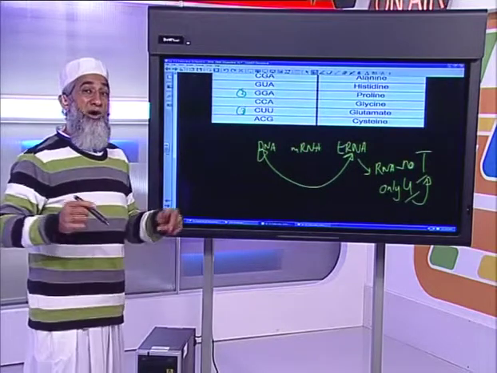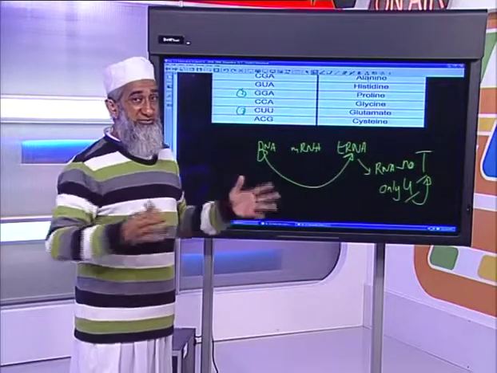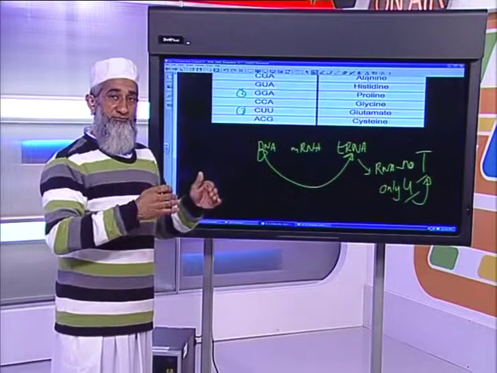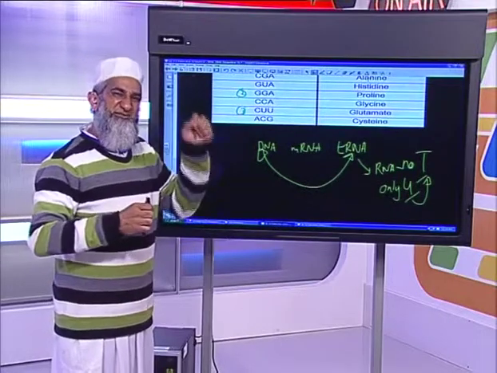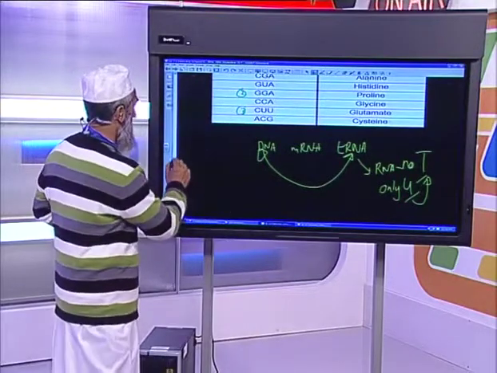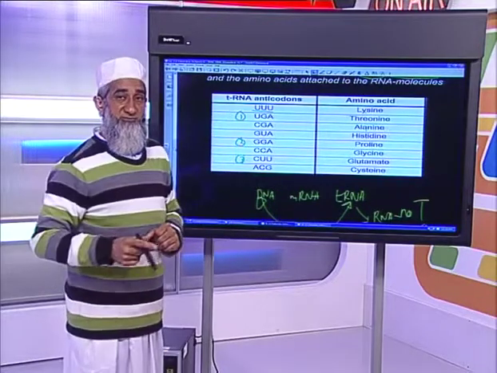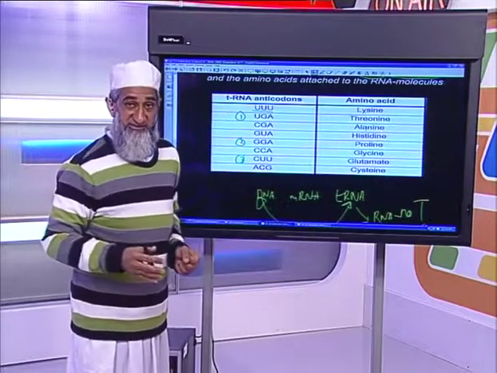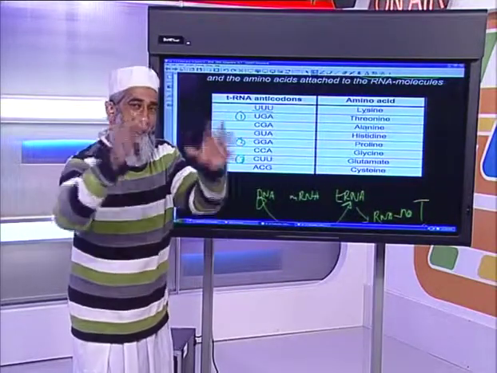I'm hoping, Samuel, that while we're talking about this, your question is also being answered, because what we are talking about is actually translation. When these amino acids are assembled next to each other, they are assembled in a specific sequence according to the code provided, as we've seen here. This will be amino acid 1, amino acid 2, amino acid 3. These 3 amino acids are right next to each other. So the taxi brought the customers there. What the customers do is not the business of the taxi now. Transfer RNA's job is done. What was its job? To bring the amino acid to the ribosome.